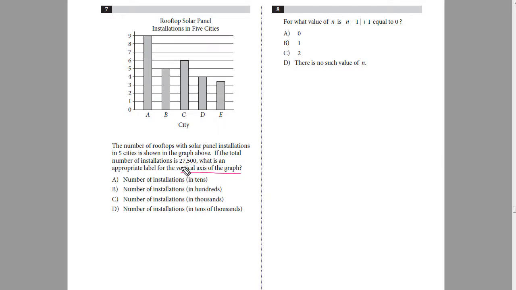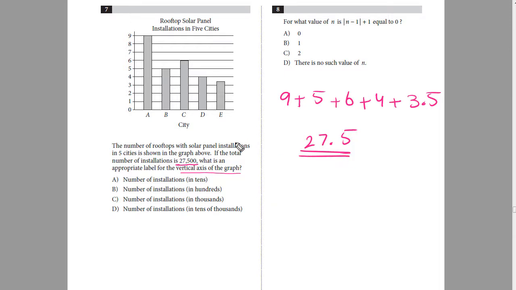So what we will do here is, because the total number of installations is 27,500, let's count the total number of installations in terms of these numbers that are given in the vertical axis. So in city A, there are a total of 9 installations. In city B, there are total 5 installations. In city C, there are total 6 installations. And in city D, there are 4. In city E, there are 3.5. Now we'll add them up. So 9 plus 5 is 14. 14 plus 6 is 20. 20 plus 4 is 24. 24 plus 3.5 is